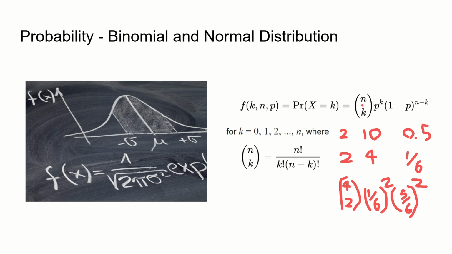And this choose function is here because when we do it this way, we're saying we're getting 2 1s and 2 of anything else. But we don't care about the order in which we get it, so we're multiplying by the number of different ways you could order it. And then, with binomial distribution, if we kept on making n higher and higher, and we're using a 0.5,